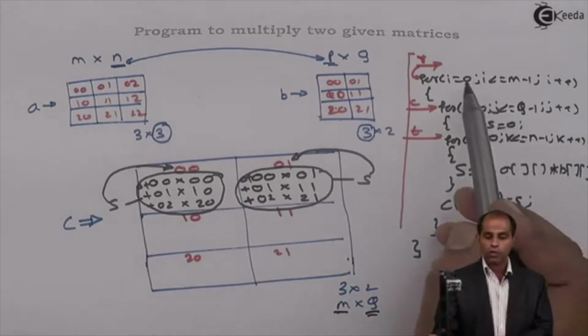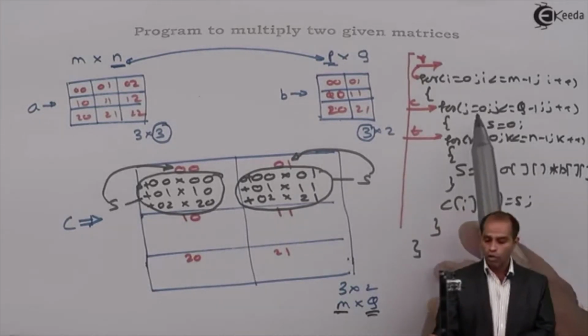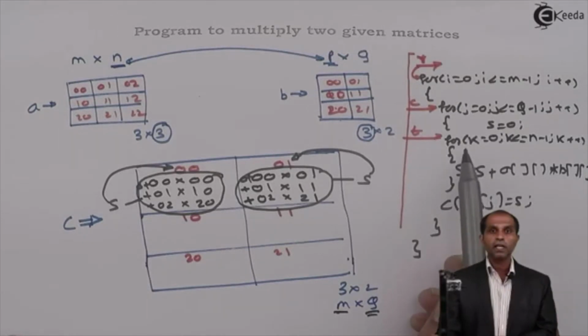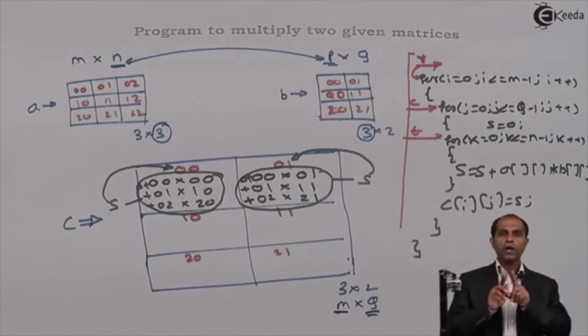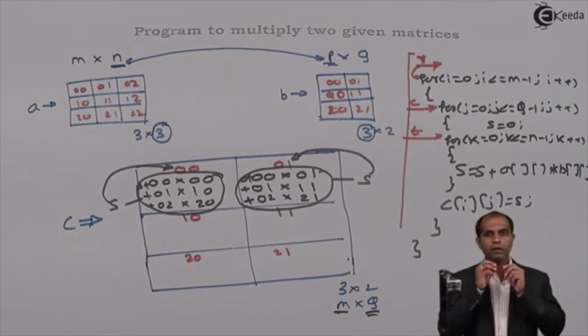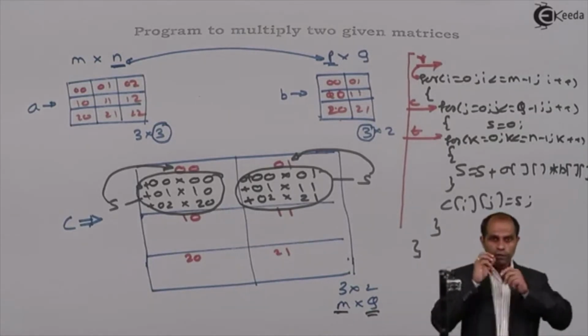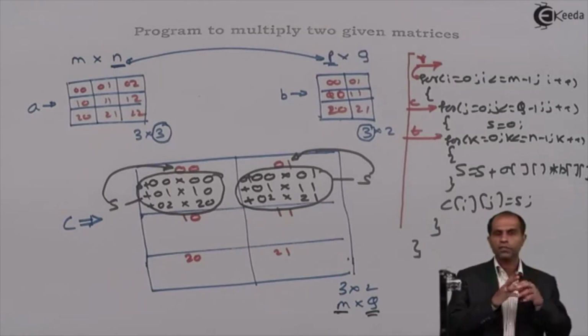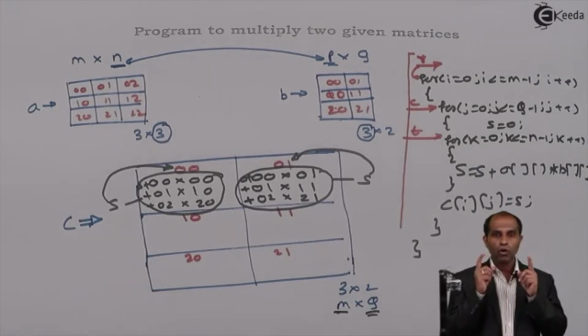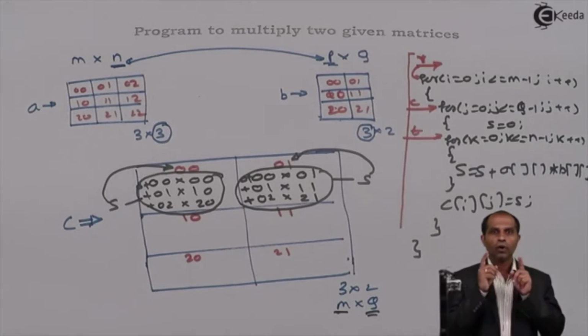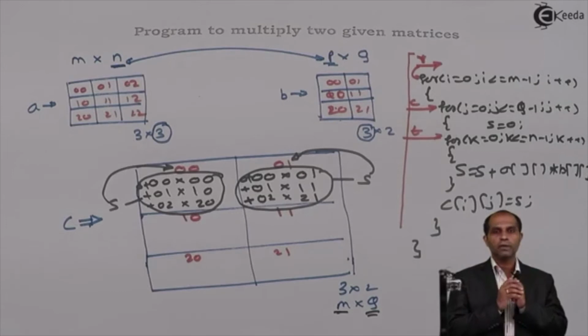So the first loop is the row loop, the second loop is the column loop, and the third loop is for the times you are supposed to use for multiplication. If it had been just one corresponding multiplication, then we would never have used a for loop. Did we use a for loop in addition or subtraction of matrices? No. We just kept on doing the operation simultaneously. But here, to get one element of matrix C, I need to do the operation repeatedly n times or p times, the condition which is used for the multiplication operation.